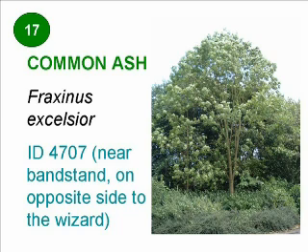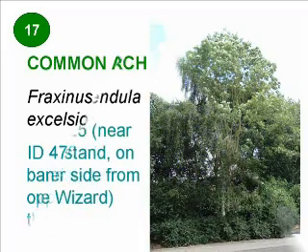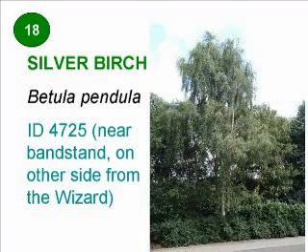The next tree, tree 18, the silver birch, is to your left, again near the bandstand. Tree 18, the silver birch, ID 4725, near the bandstand, again on the other side from the Wizard. A rapidly growing graceful tree, branches sharply angled upwards, drooping at the tips, which has attractive silvery white bark with